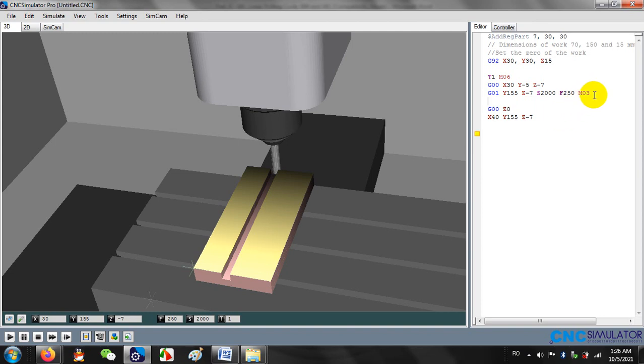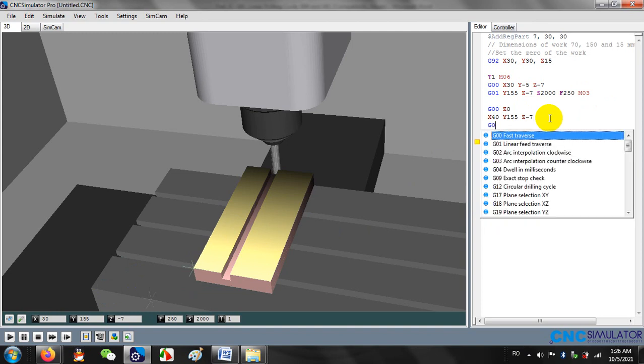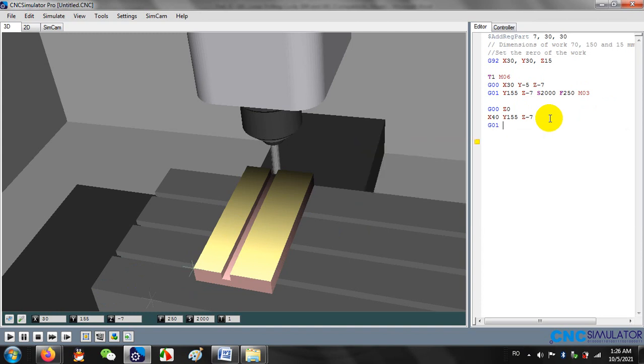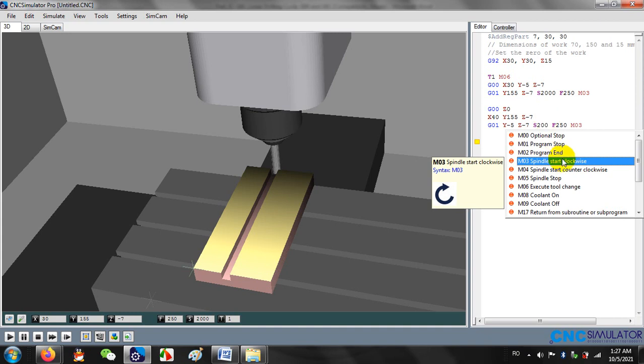So position the workpiece to this point and cut again, G01, Y minus 5. This time, because we need to go to the other side, Y minus 5, Z minus 7, we can write it, or the command is already done here with Z minus 7. So Y minus 5, Z minus 7, spindle speed, feed rate, the direction of the spindle,